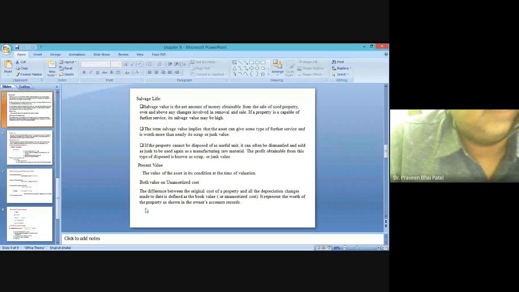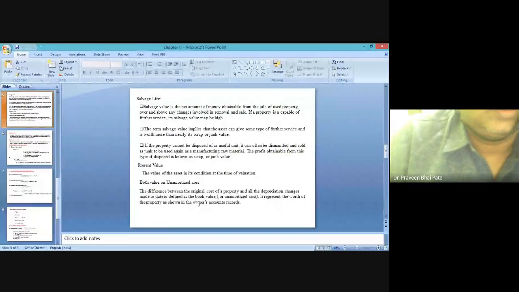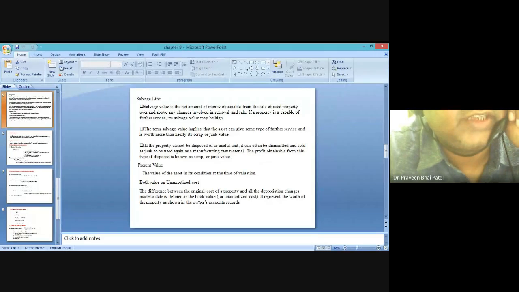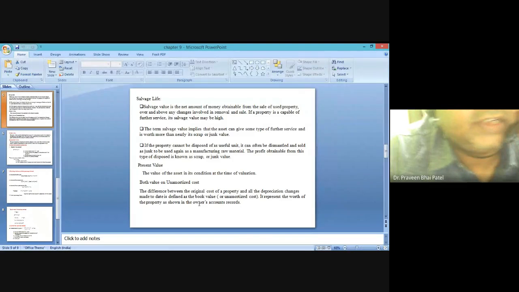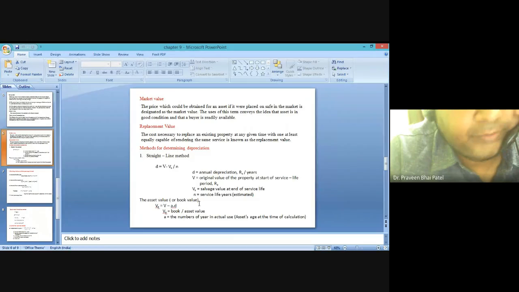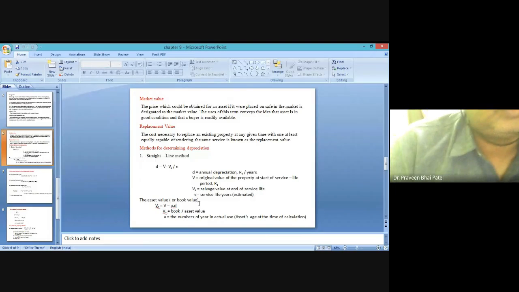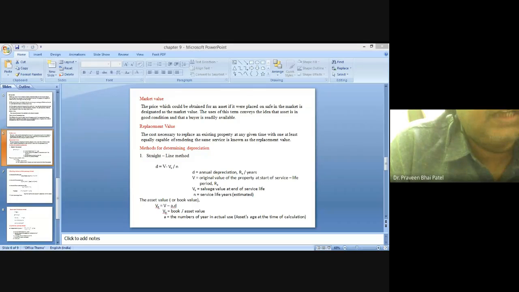So as we have discussed in the previous class about the topic of depreciation, I have told you about the different points. Finally, we have come to the last point, that was salvage life as well as present value. I have explained to you then what is the market value and the replacement value. Now, the next topic which we have to start today was the different methods which are available for determining the